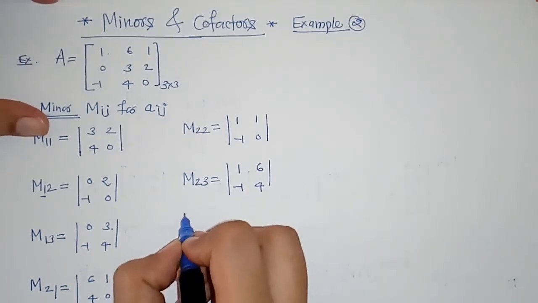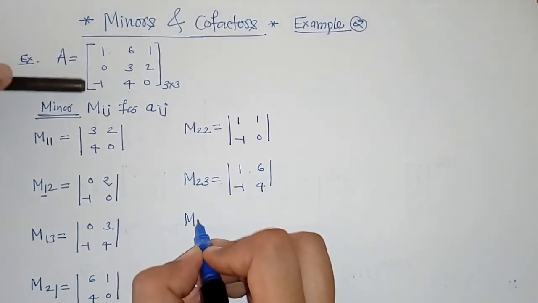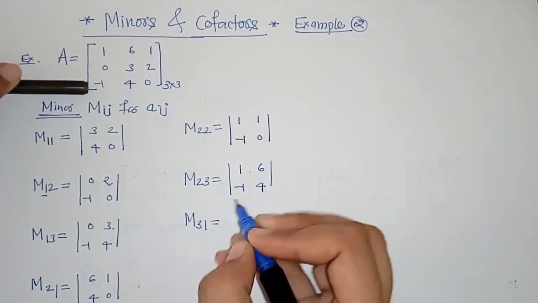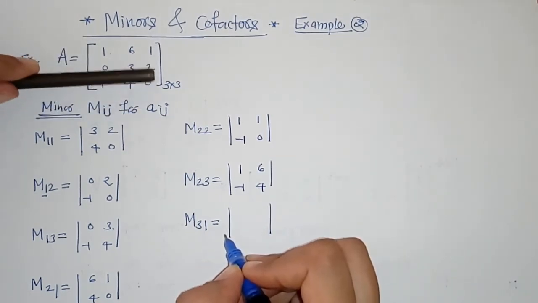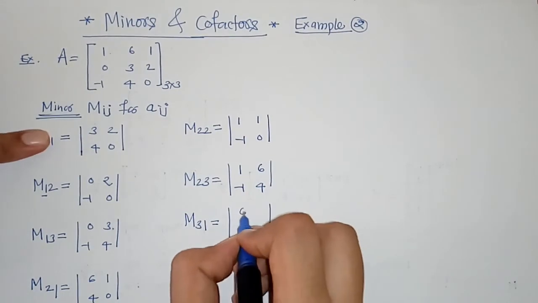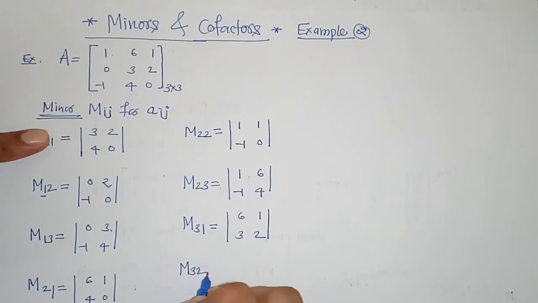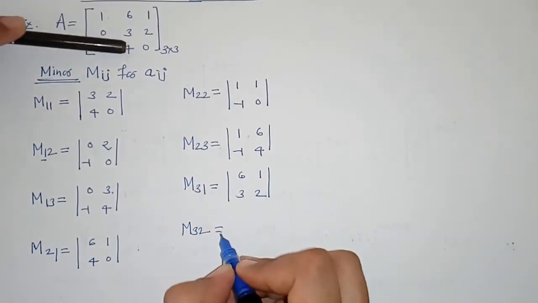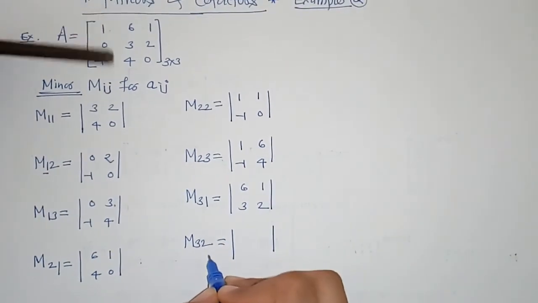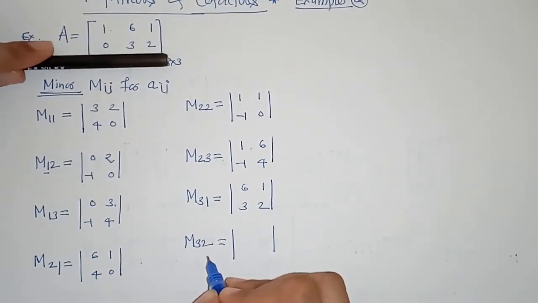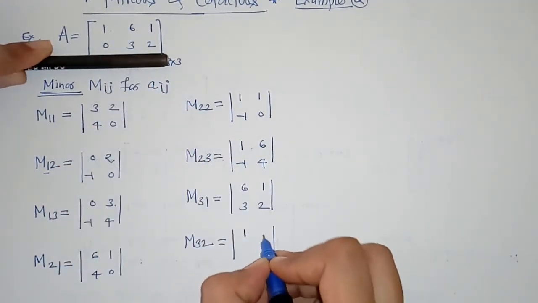Similarly, next we have the minor for a31. We will exclude the third row and first column, so the remaining elements are here in the determinant. Next, the minor for a32, that means for this element. We have to exclude the third row and second column. So the remaining elements are